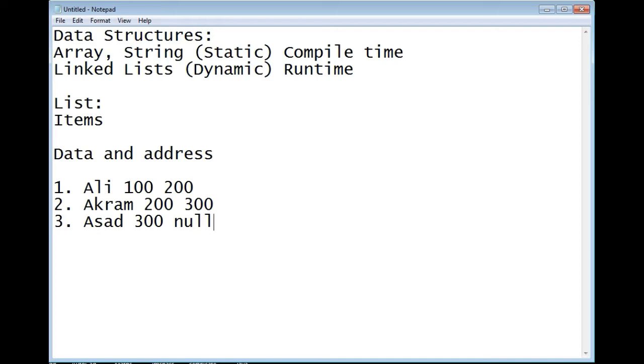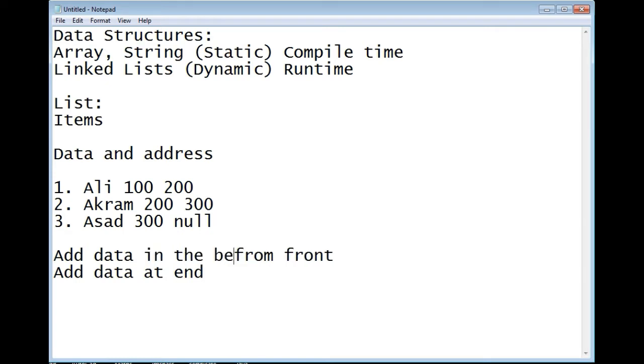So in the simple list, this is incremental, linear. In the list we add data from the front or beginning, and we add data at the end.